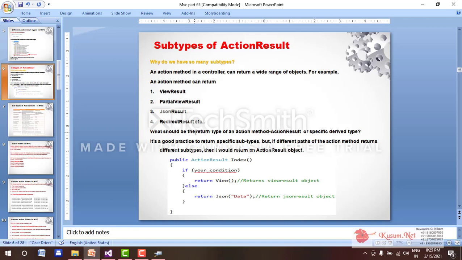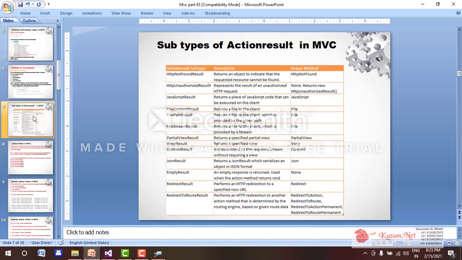Now, these subtypes of action result have helper methods. For file content result, you have to use the file helper method. If you want file path result, you use the file helper method.